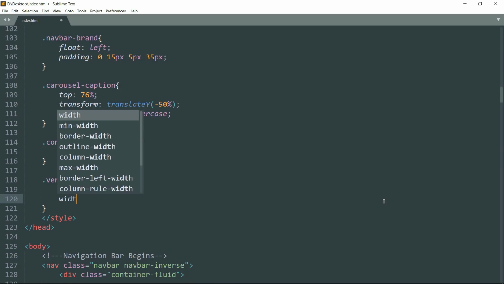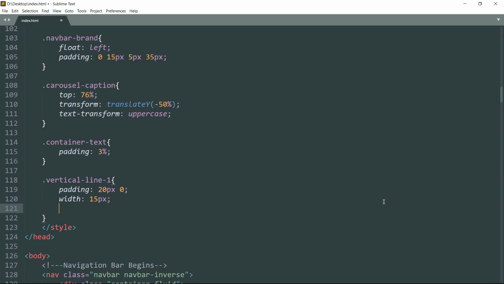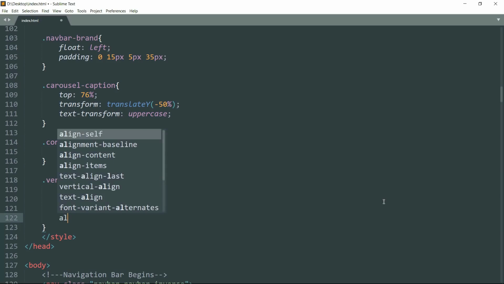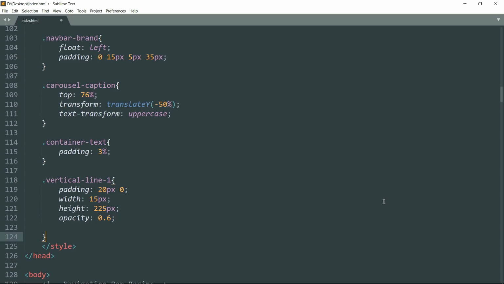Give it a width of 15 pixels. Let's give it a height as 225 pixels and let's give it opacity as 0.6 because we want the line to be a little bit transparent.